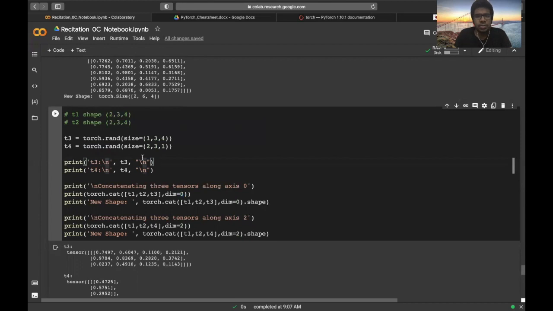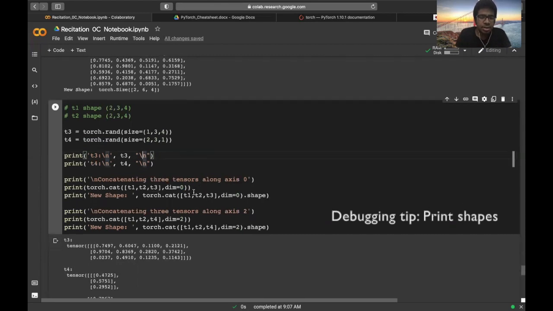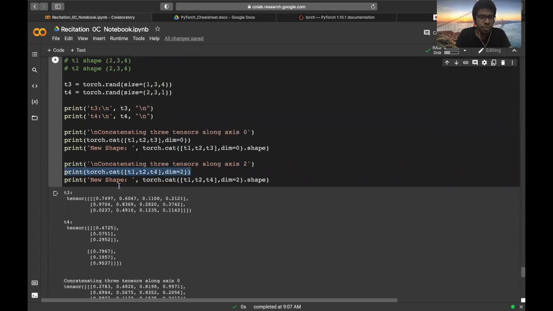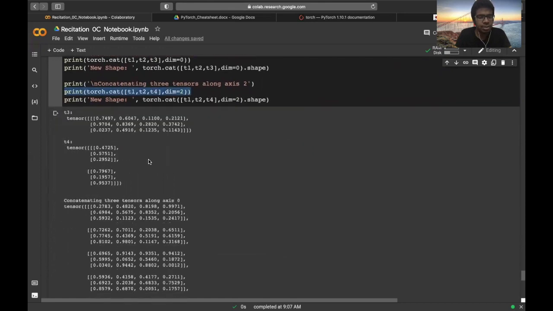It is kind of intuitive if you imagine stacking many tensors one above the other. You can stack one tensor like this, but you can't stack another tensor in this way. Both the shapes should match. That is intuitively how this can be explained, and it should be noted while you are concatenating tensors. The same is done for this example also. You can take a look at it in the notebook here.